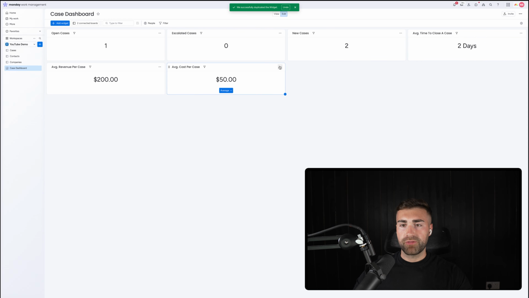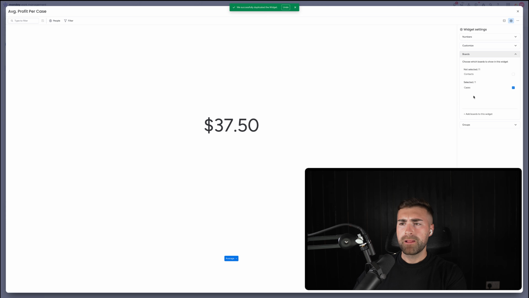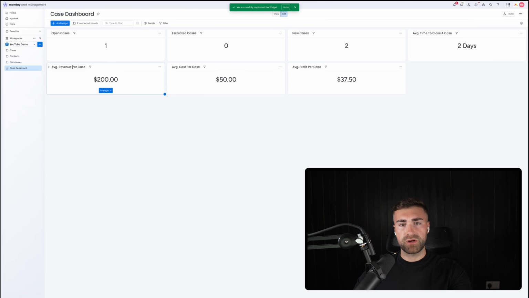And then finally, 3-dotted button, duplicate one final time. We go average profit per case and go to 3-dotted button, settings, and then we go case profit and unselect case cost. Customize remains the same again, boards remain the same, and groups remain the same. So now we've got our average revenue per case, average cost per case, and then our average profit